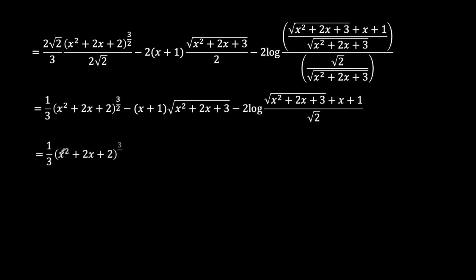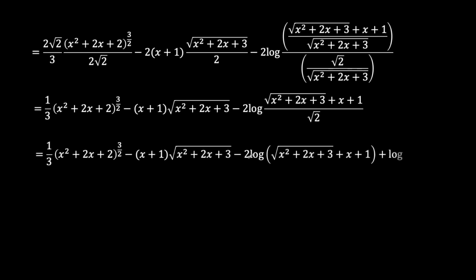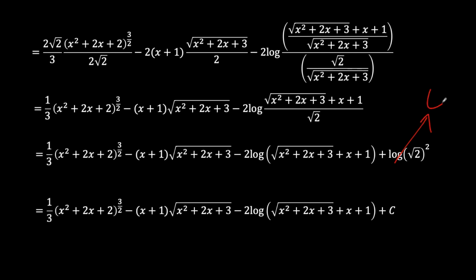So as we can see, we have a third times x squared plus 2x plus 2 to the power 3 over 2 minus x plus 1 times square root of x squared plus 2x plus 3 minus natural logarithm of square root of x squared plus 2x plus 3 plus x plus 1. And since we have this under here, this can be separated into a separate log. Since there's a negative here, this becomes plus log of square root of 2 to the power this 2. And since this is just a constant, this is just part of the bigger integration constant, our answer is